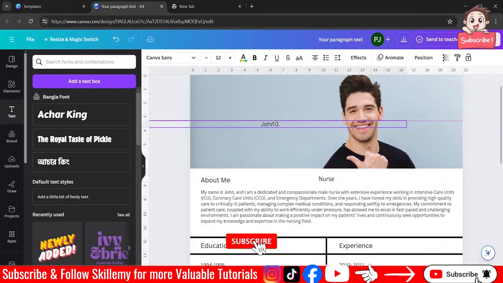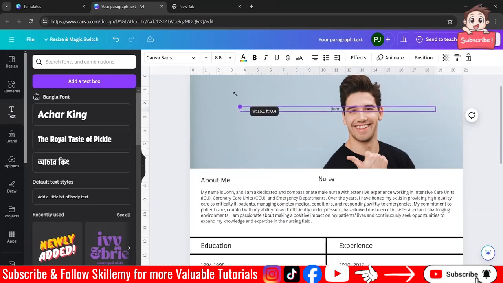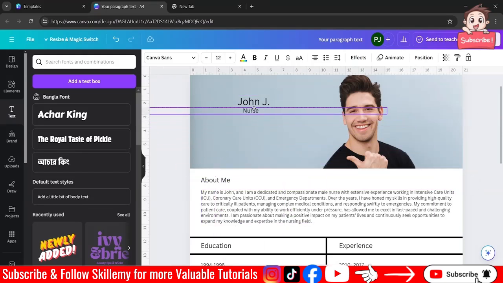I didn't show you the customization of the fonts. I'll be showing you how to do that also. Just wait for some time. Let's place it over here. This nurse section also over here. We'll decrease the size.